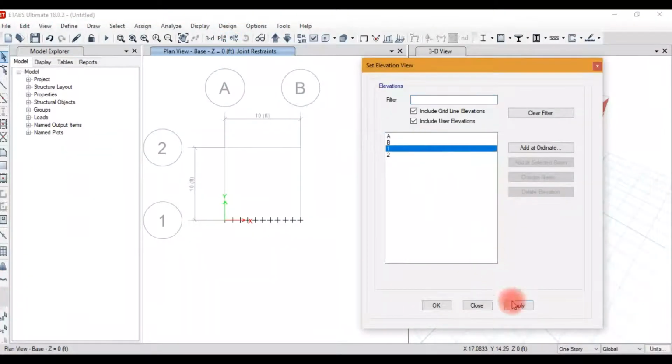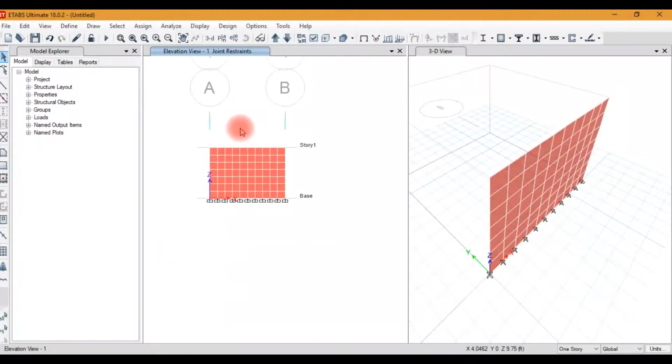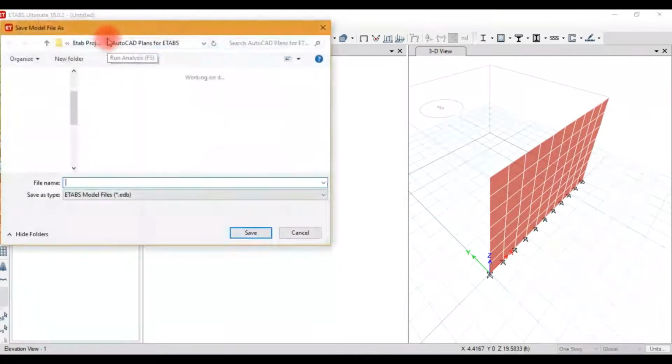Now we again view the elevation view. So now we will run the analysis.